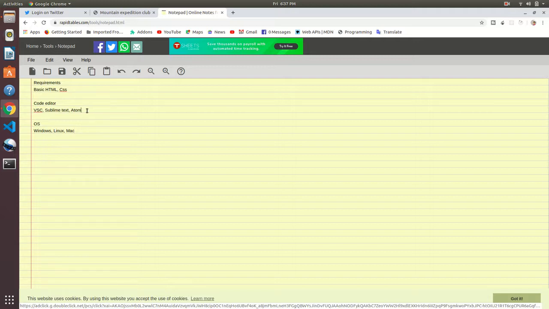Let's take a look at what kind of text editor we need. Text editor means that which will help us to write our code. I will use Visual Studio Code. You can use Sublime Text or Atom. There are a lot of text editors you can use, but these three are the most popular in this web